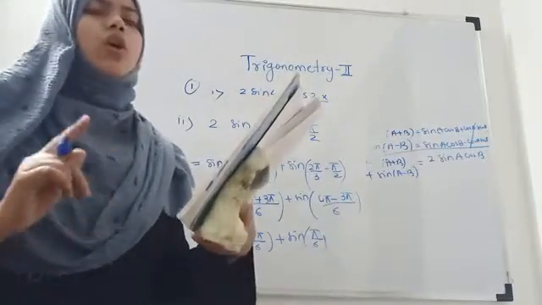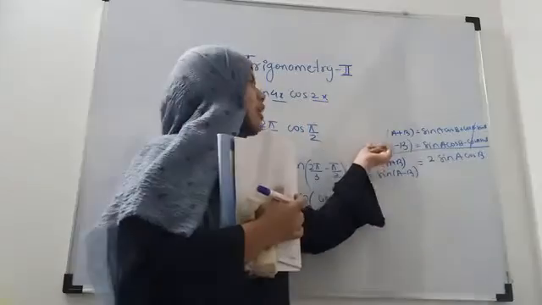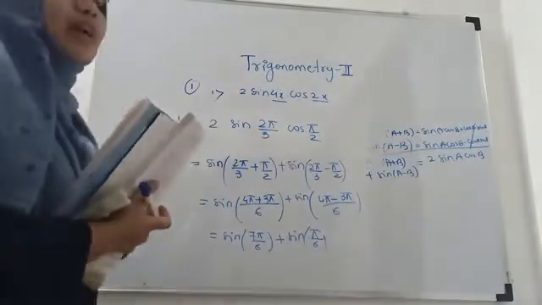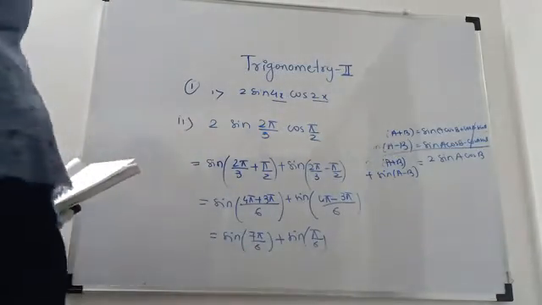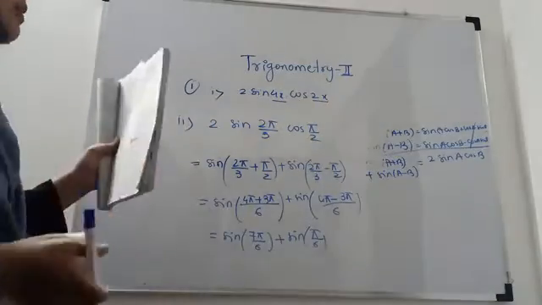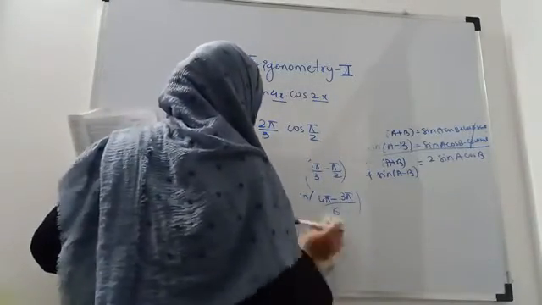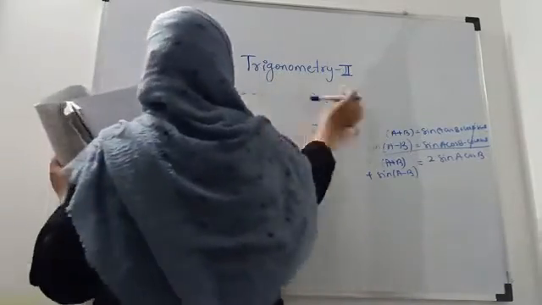There you require the cos formula. So for that you have to use the formula of cos(a plus b) and cos(a minus b). Then you will get the formula in terms of cos. So the second and the third problem is for your homework. Now we will solve problem number 2, sub problem number 1.